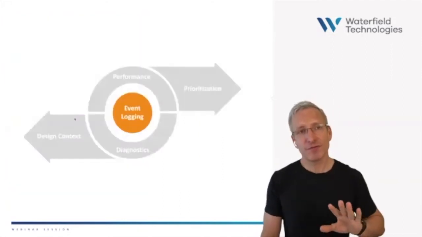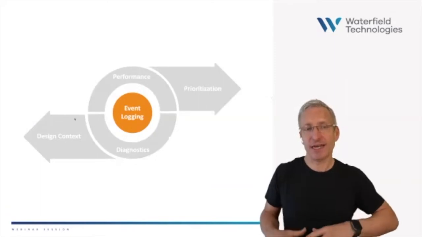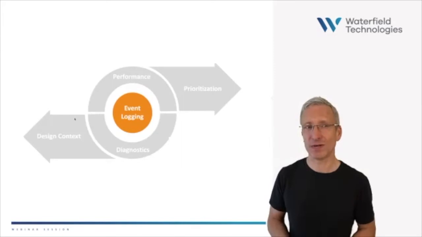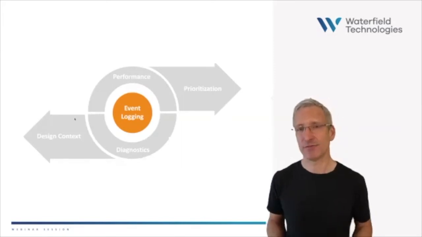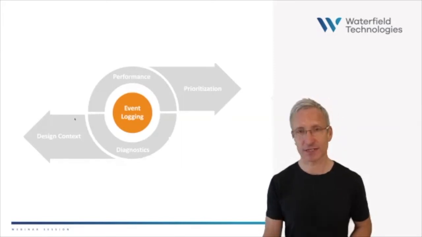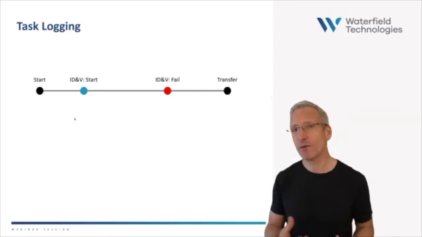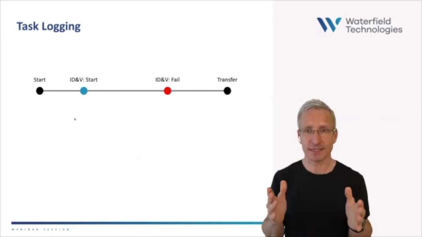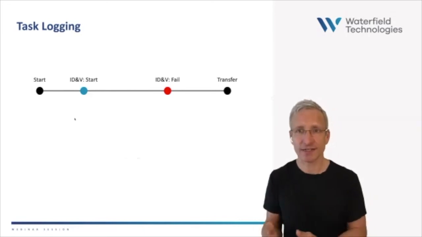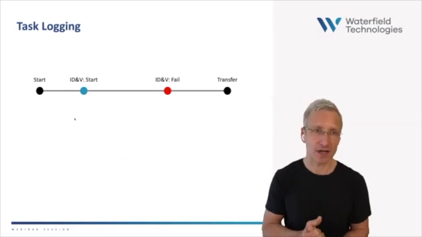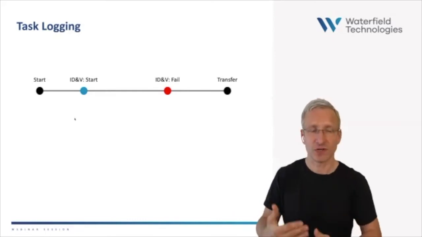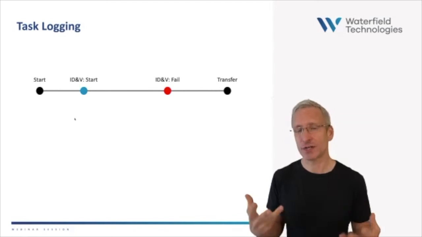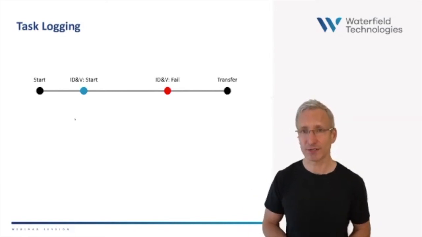So we've covered the performance side of things. Let's now talk about event logging. How do we capture the information we need to analyze the performance based on the tasks we discussed? A really common way to do it, that's supported by a lot of the platforms, is to log the start and the end of each task and the outcome, whether it's a success or a failure of each task. And this is really great because it allows you to do the kind of performance analytics we've been talking about.